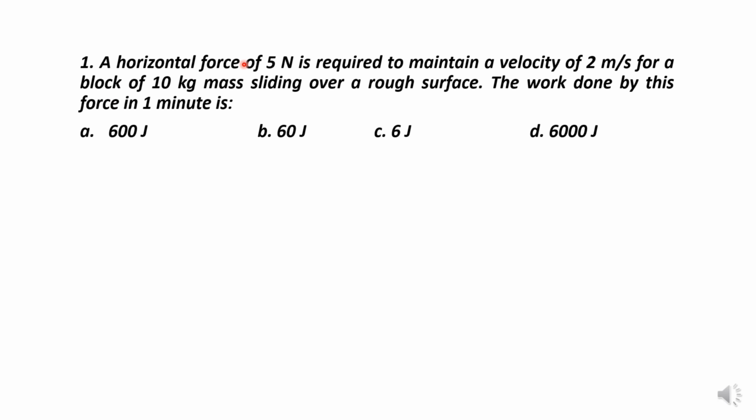A horizontal force of 5 Newton is required to maintain a velocity of 2 meter per second for a block of 10 kg mass sliding over a rough surface. The work done by this force in 1 minute is,